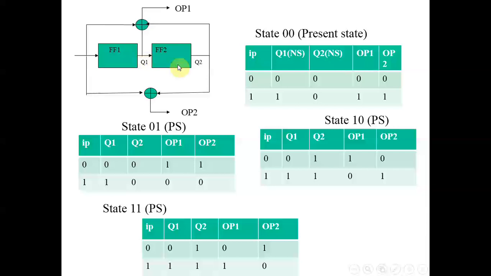But now you are in state 0 1 and you are applying 1, so this 1 will go here and this 0 will go here. So my next state will be 1 0. This is how your state 0 1 will have transitions. Similarly, you can verify state 1 0, and similarly we can verify with state 1 1. Let's verify one more state.